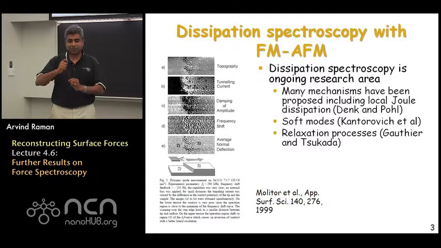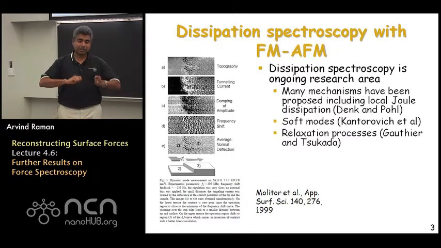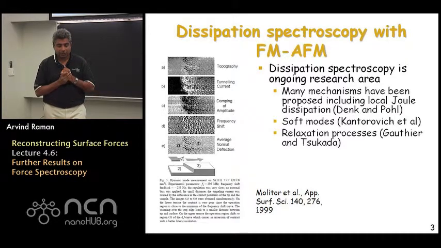You can have situations where there are multiple states of these soft modes, attached to the tip or off from it. There can be ratcheting and all kinds of interesting transitions that happen in very small distances between the tip and the sample. So this is known to be one of the dissipation mechanisms that's relevant when the right tip-sample combination is used. Many other mechanisms have been proposed, as listed here, and have been verified, but this remains very much an